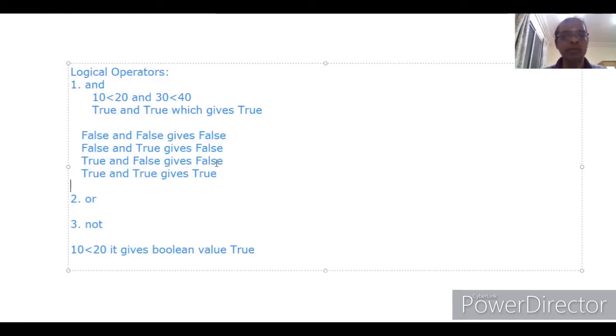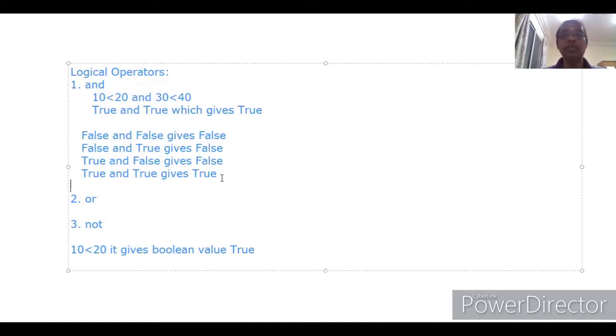At last, you meet the fourth person. He is wearing white shirt and black pant. Left hand side condition is true, right hand side condition is also true. Then the result will be true. So you met the correct person, who is wearing white shirt and black pant. You will give the amount of 1000 rupees to him.